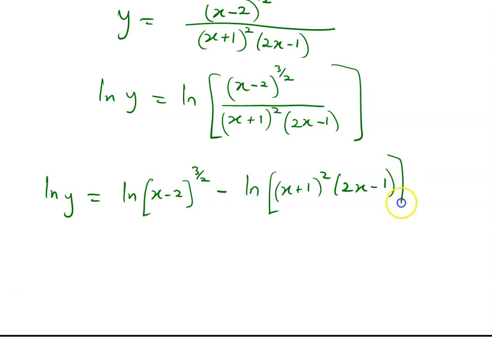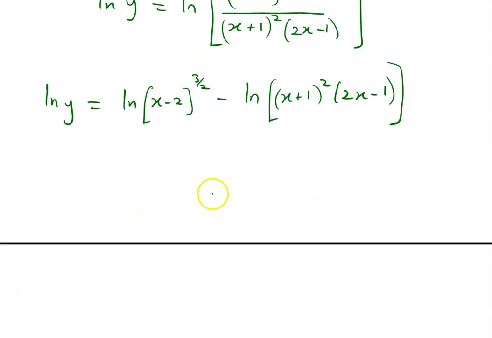Very good. So we can still simplify. We have ln y equal to 3 over 2 ln of (x minus 2), minus, let me put this into brackets,